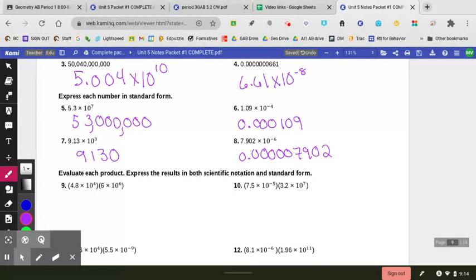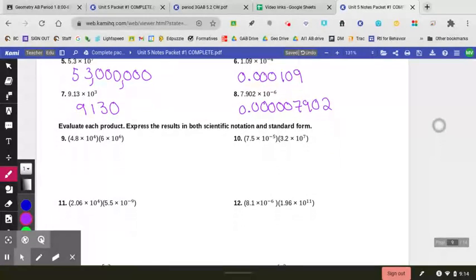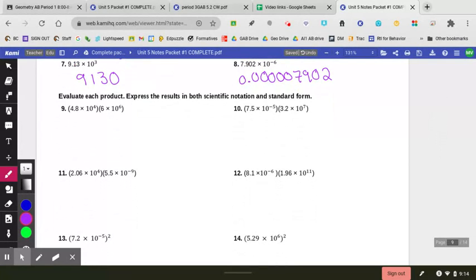Now we're going to evaluate in scientific notation. Scientific notation makes it easier for us. What we can do is rearrange this, and we're going to multiply 4.8 by 6 and multiply 10 to the 4th by 10 to the 6th by using our exponent rules. So 10 to the 4th times 10 to the 6th is 10 to the 10th, and 4.8 times 6